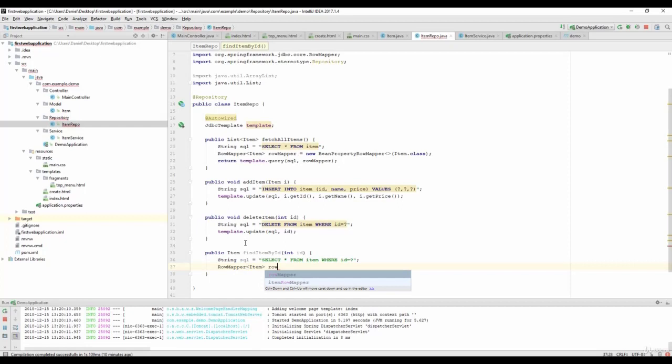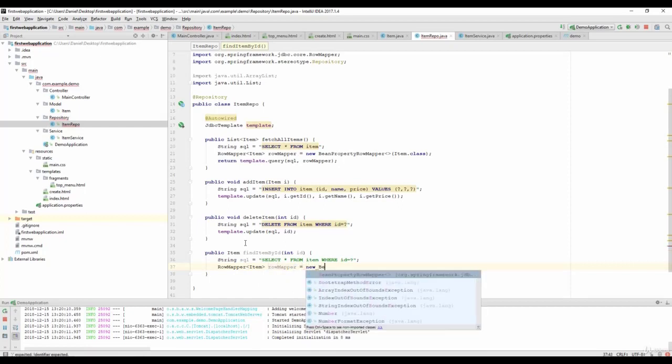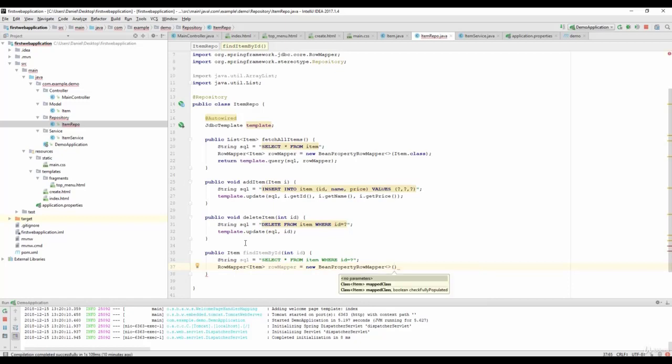There we go. And then we should instantiate that with a new BeanPropertyRowMapper tied to the Item.class. And then we basically just do a return